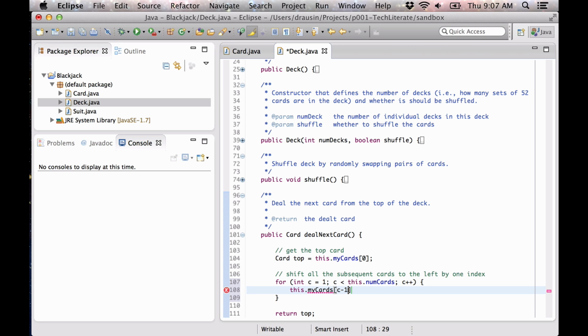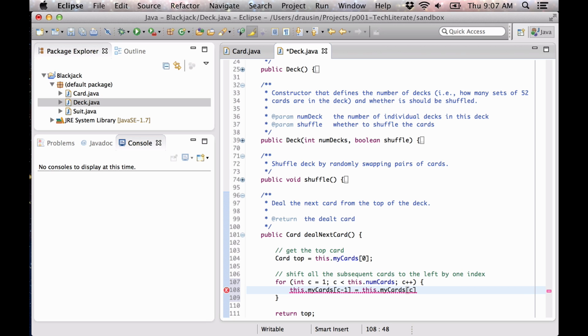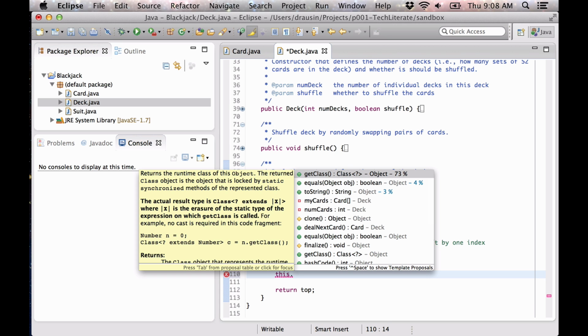So all we're going to say is C minus 1, right? When C starts at 1, that means if C is 1 here, this becomes 0. Now, of course, at the end, when C equals num cards, this loop is going to exit. We want to zero out. If we don't do anything after this, we're going to have two cards in the last two indices. The cards in the last two spots are going to be the same. So we need to empty out that card in the last slot,